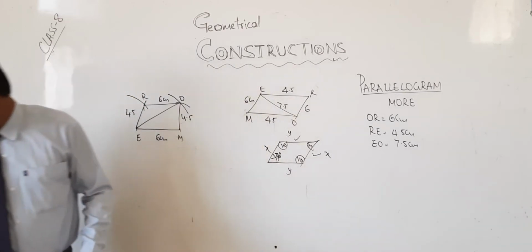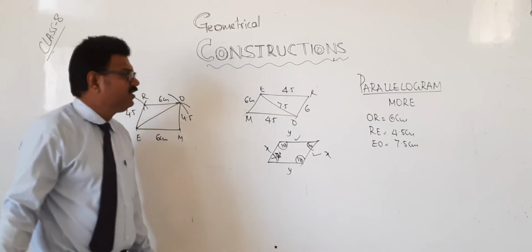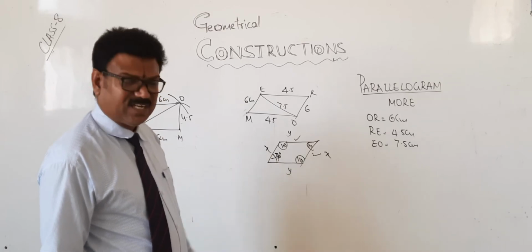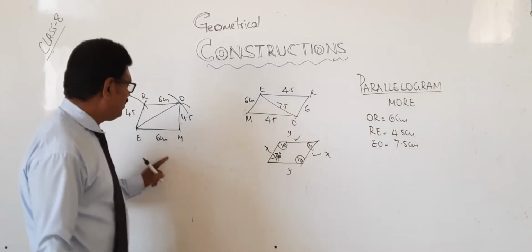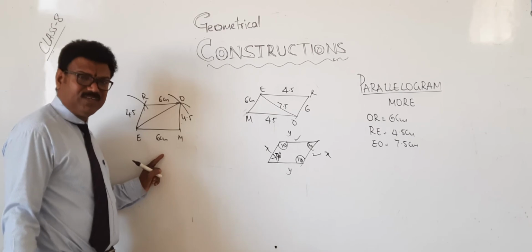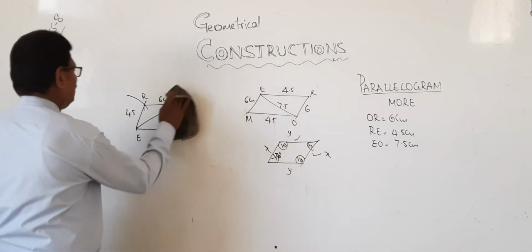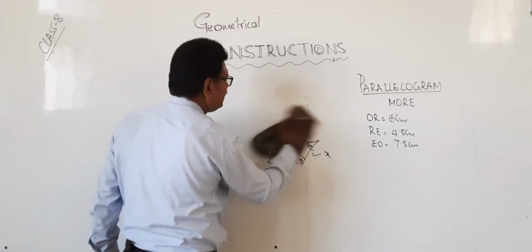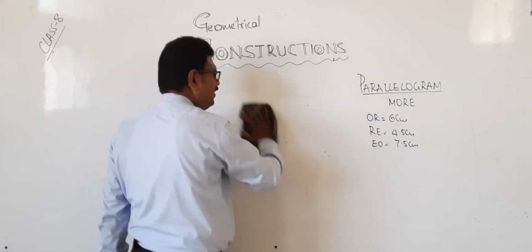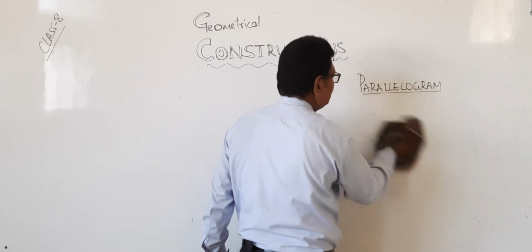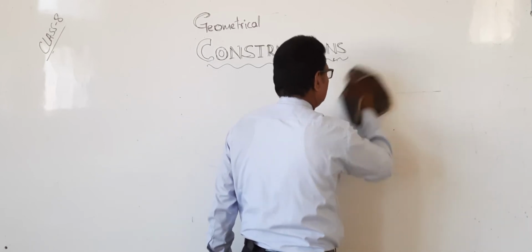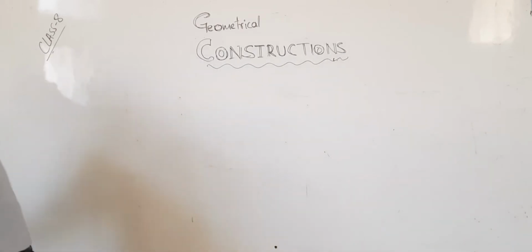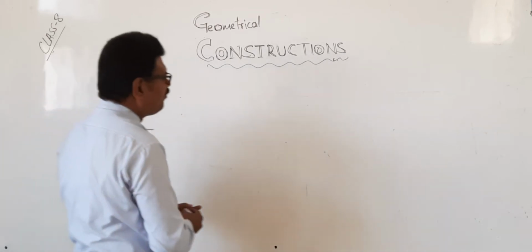See, construction cannot be done simply without the knowledge of the properties. We can construct very easily. Now understood? This is the parallelogram. Very easy now. Very good. Next problem. The construction chapter is very important. Please practice. You can see my video and you can pause and see. There is no problem. Next one is rhombus BEST.